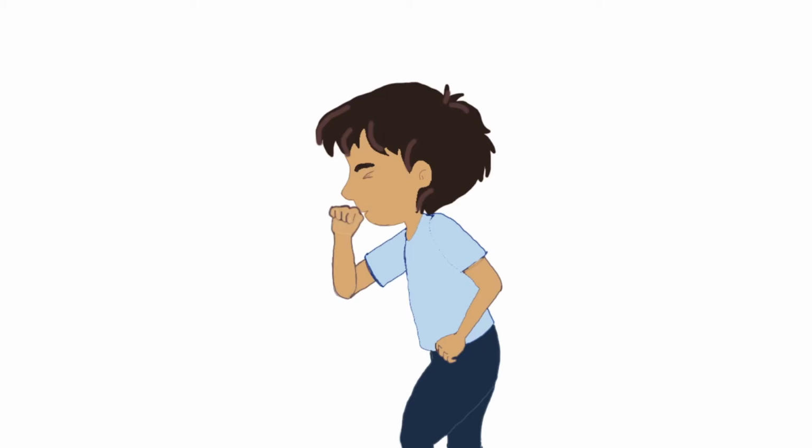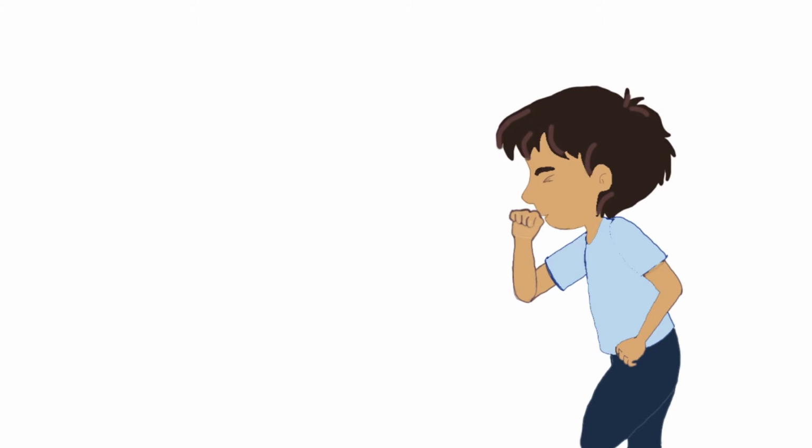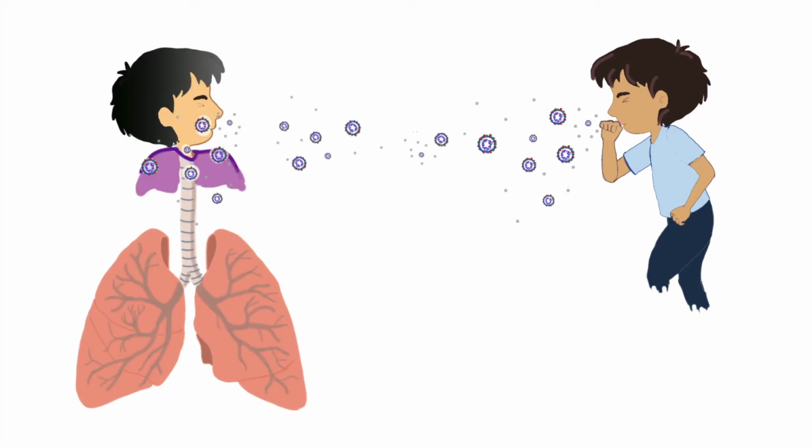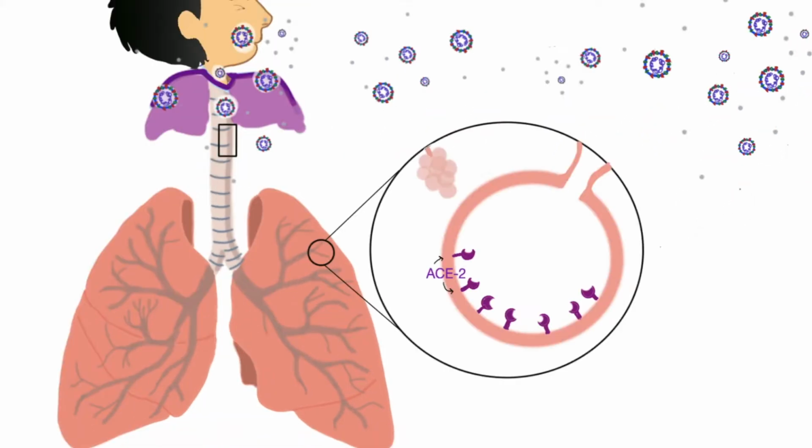The virus that causes COVID-19 spreads person to person mainly through respiratory droplets, from coughing, sneezing, or talking. These droplets have the potential to spread and infect another person who is within 6 feet. Once the virus enters the body, it will cause infections in the respiratory mucosa, then spread to the host alveoli